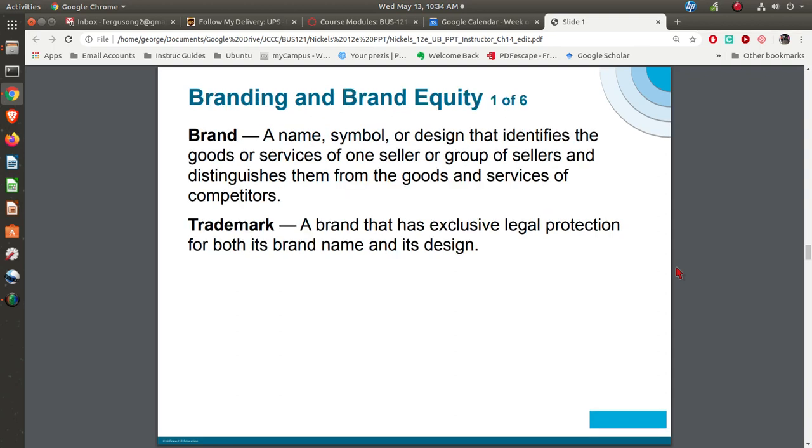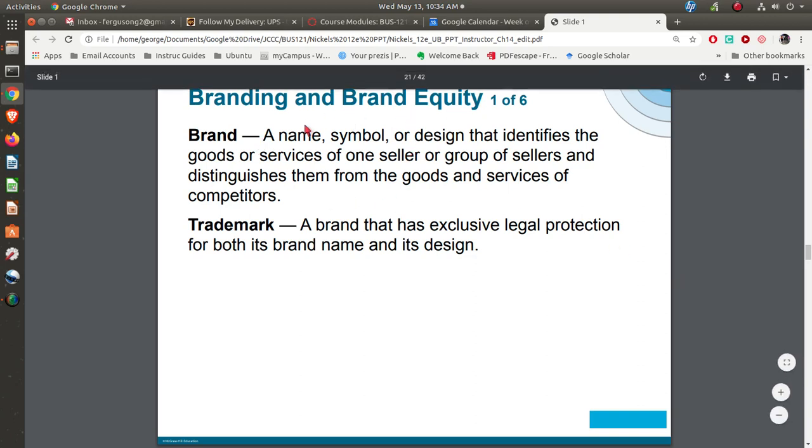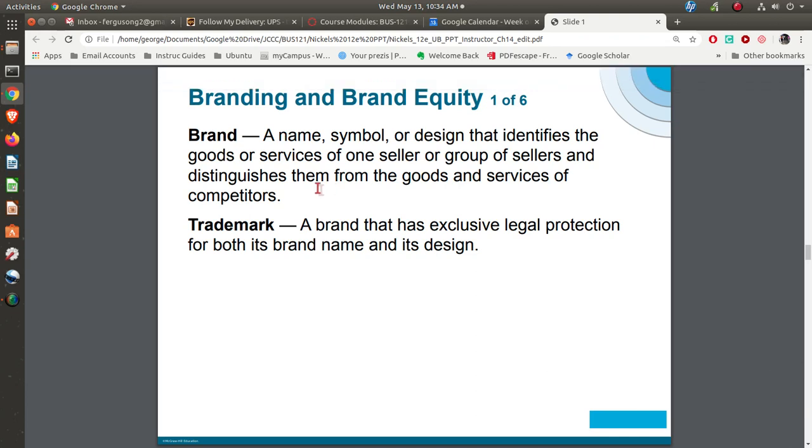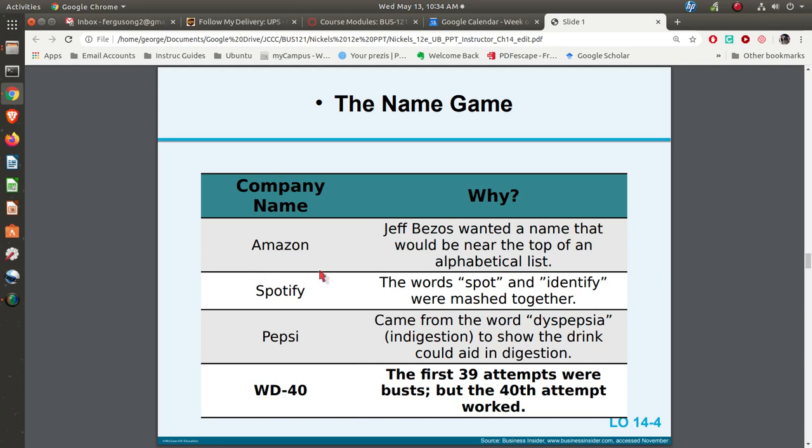A key thing that you have to protect is your brand. Your brand can be very, very important as far as the sales that you have. You trademark that brand and the logo to keep anybody else from using that brand or that logo. The reason is because of the value that goes along with the brand itself. For example, Amazon,